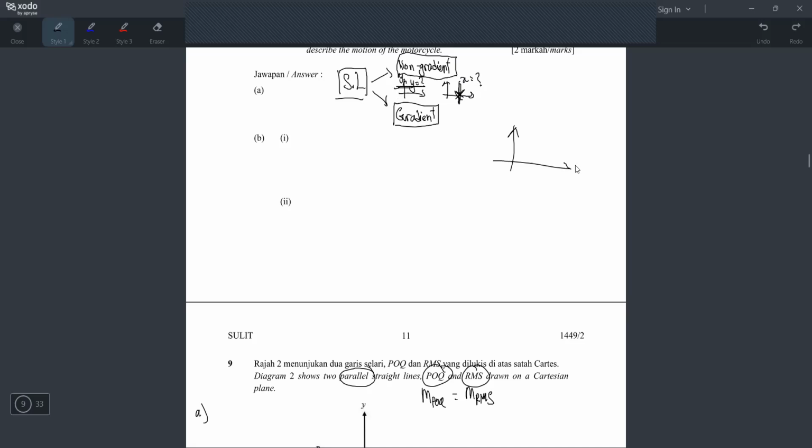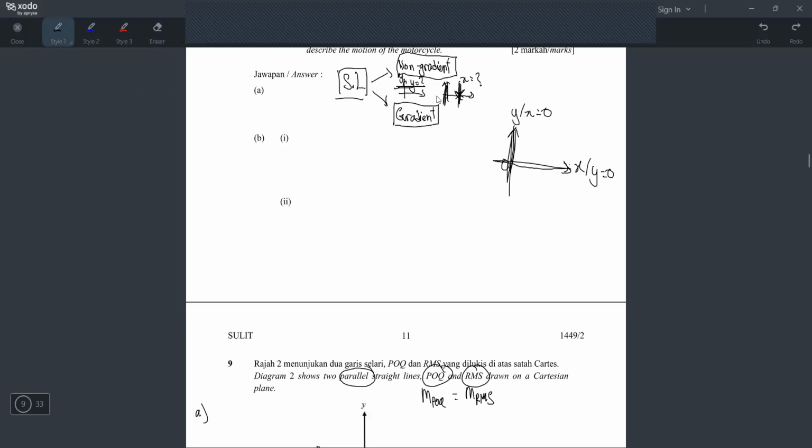So can you tell me x-axis is actually what? Y sama dengan kosong, right? Sebab X-axis, dia potong Y-axis dekat kosong. So, dia adalah Y sama dengan kosong. What about Y-axis? Y-axis, dia adalah X sama dengan kosong. Sebab dia potong X-axis dekat kosong. Faham maksud saya? Because Y-axis is also straight. So, it should be X equals also. But dia potong dekat kosong, right? So, X equals 0. Macam tu. Okay? So, yang ni penting. Okay, okay, don't erase this first.